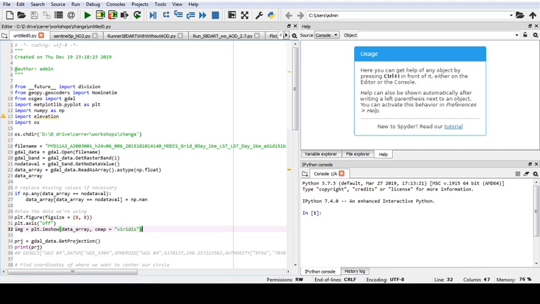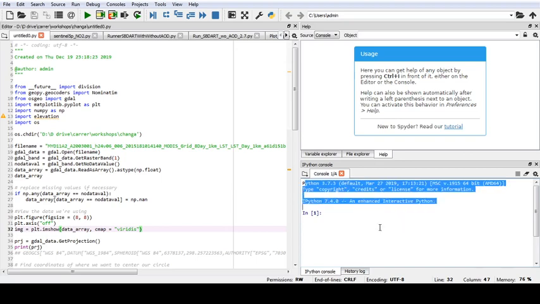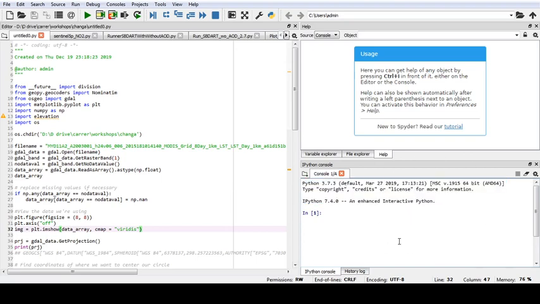On the editor portion, you can write a multiple line program and execute it by clicking the play button or clicking the run option in the menu bar. The next screen which I am showing you here is the IPython console. If you can see my cursor, I am highlighting this portion. This window is the IPython console.